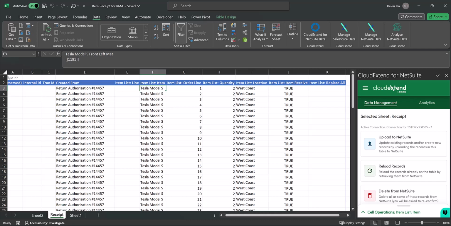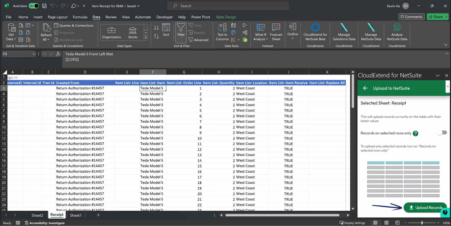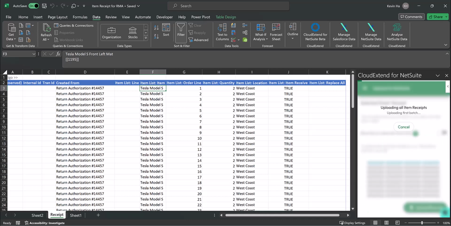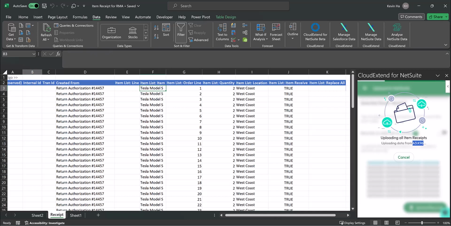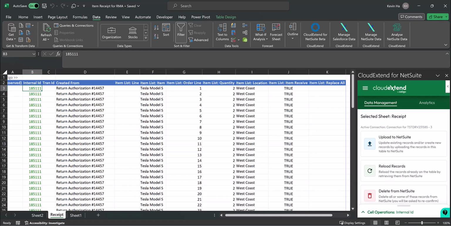So when I do want to create this record, I'll just go to Upload to NetSuite, go down to Upload Records, and you can see that it's uploading the first batch. So it's reading the table to see what data is in there. So here you can see that it's reading the cell A3 to K96. And if everything is correct, it is going to upload that data and generate an internal ID in column B. So now that everything has returned back in green for the internal ID, that means that the upload has been